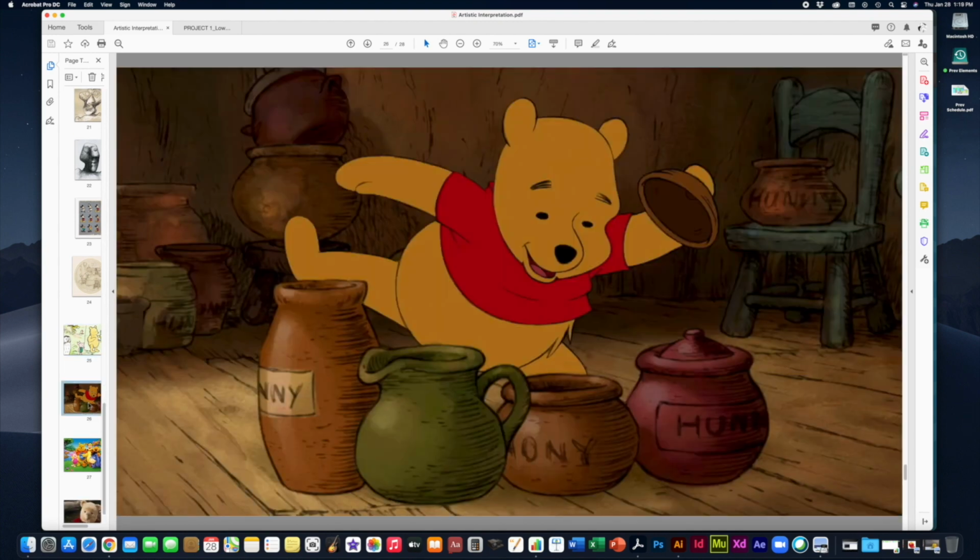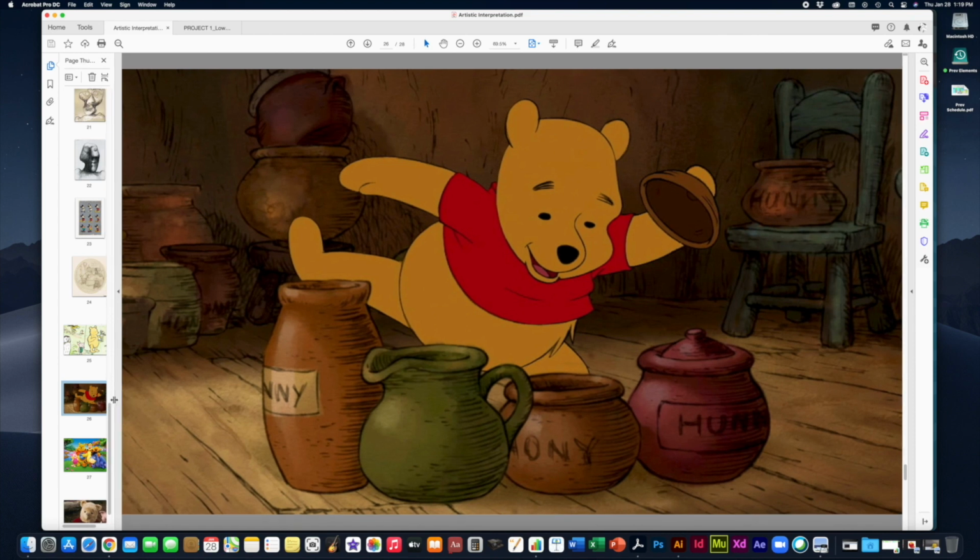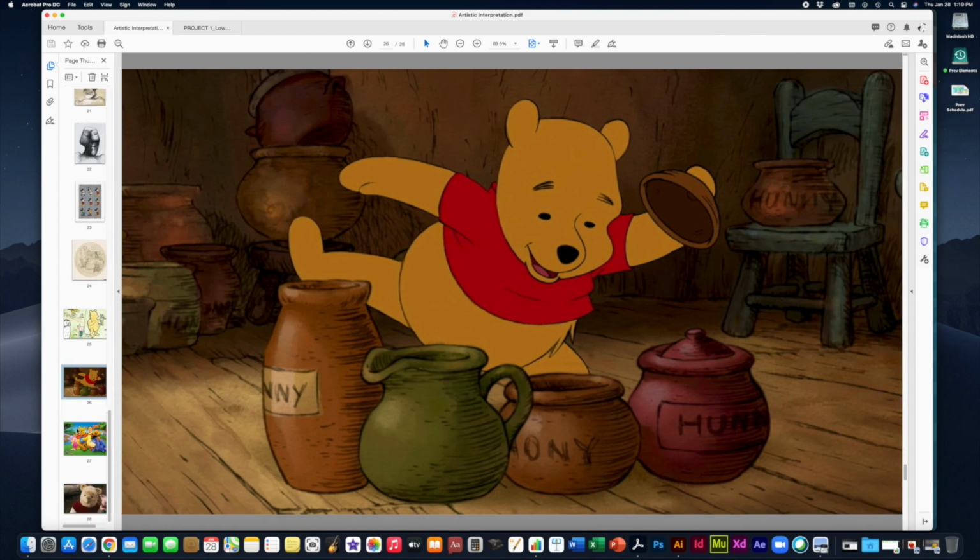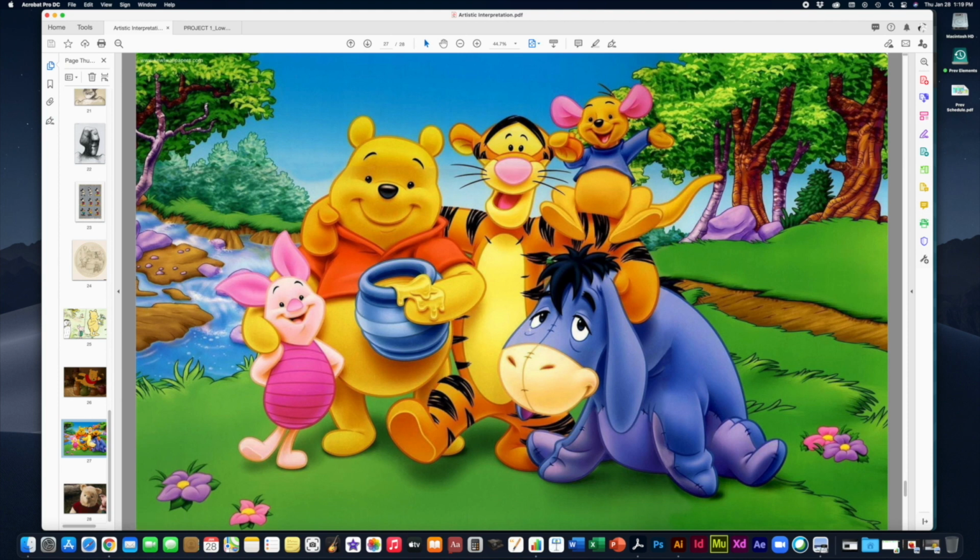Now this is probably his most famous look after Disney acquired the property and Disneyfied him, as it were. But this was the look in his earlier films and movies and shorts and whatnot, and how most people imagine what Winnie the Pooh looks like. But then at a certain point in the 1990s, they modernized him with some digital renderings, him and his crew of friends. And you can see the coloring is much more three-dimensional and uses a lot of gradients and a lot of shadows and fuzzy edges, and it's maybe a little too modern of an interpretation,